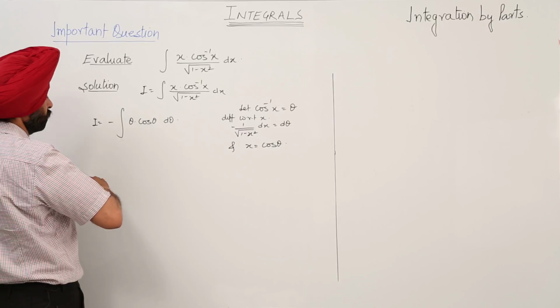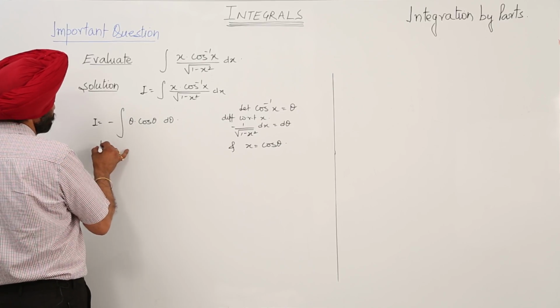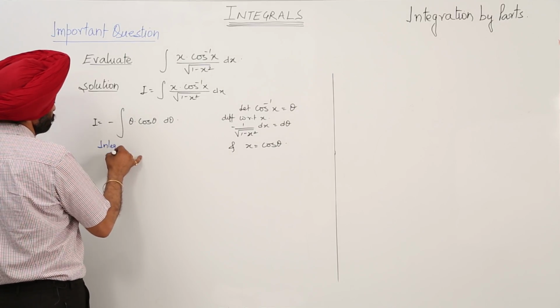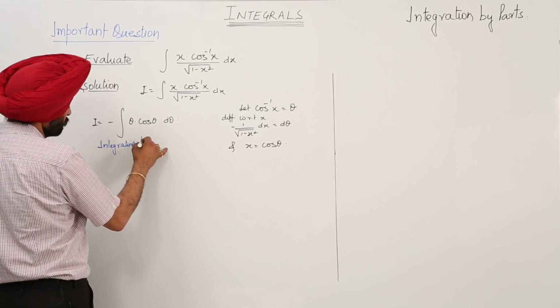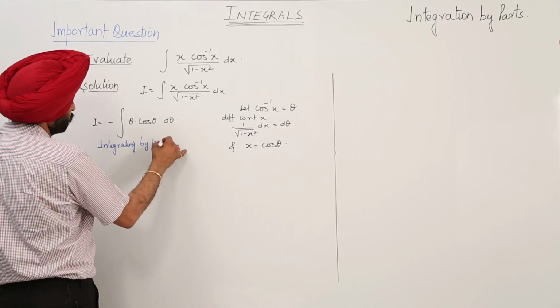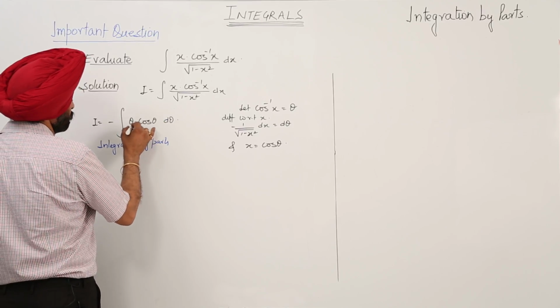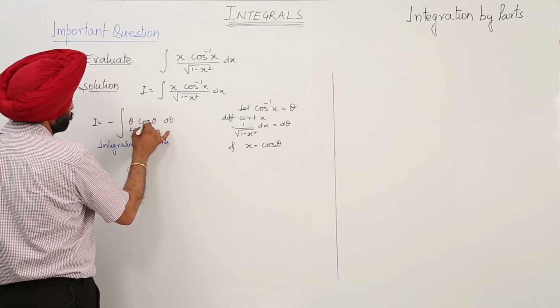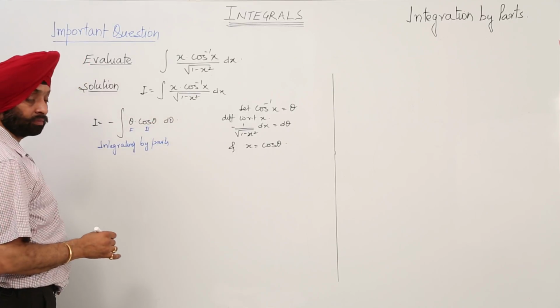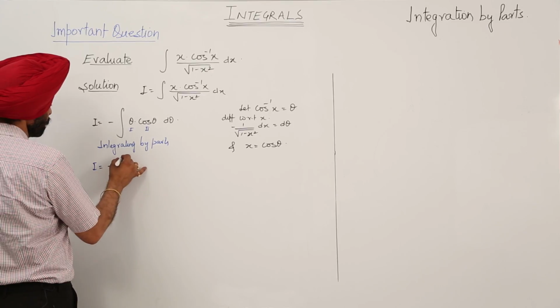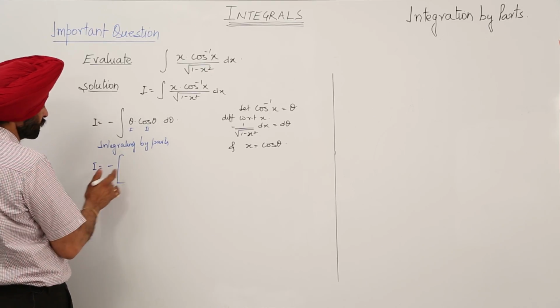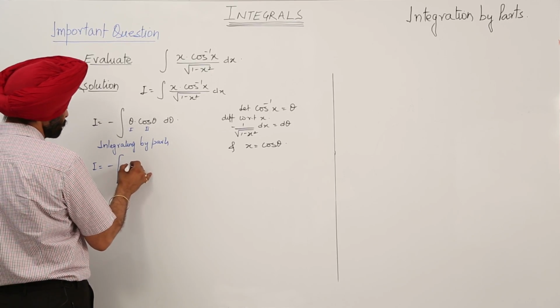Now integrating by parts, what we are having now, first function, second function. Is it clear? So we are having negative of, let's take this outside now, first function as it is,